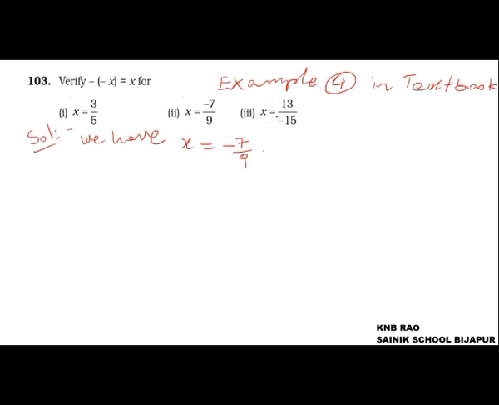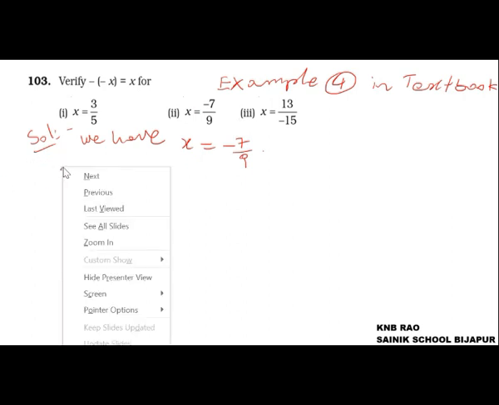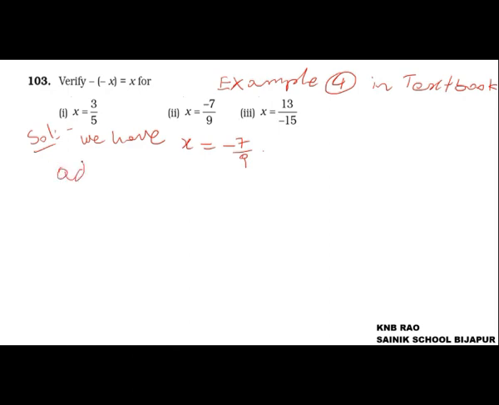So when we are given that x equals minus 7 by 9, we use additive inverse. The additive inverse of minus 7 by 9 is 7 by 9,